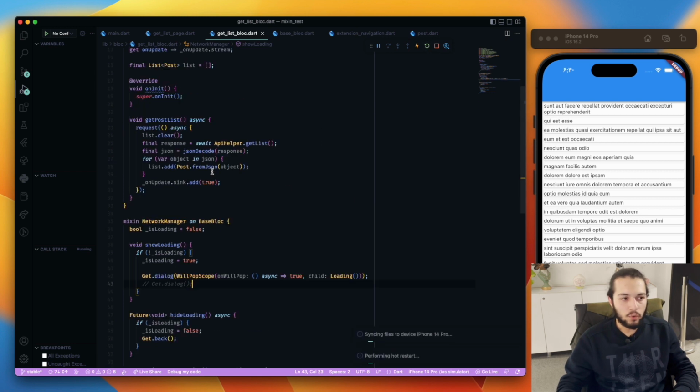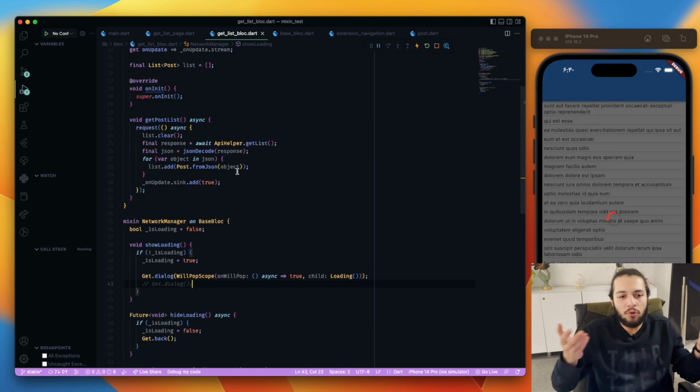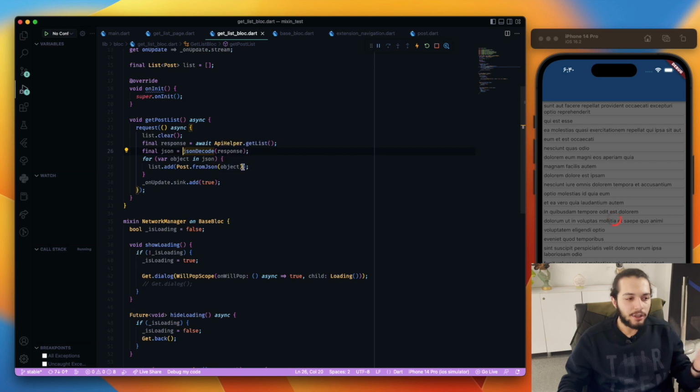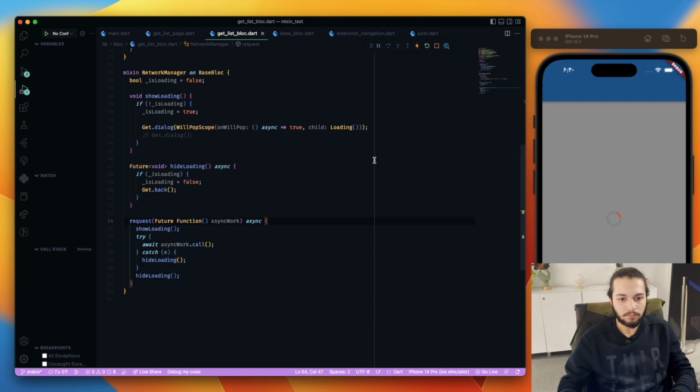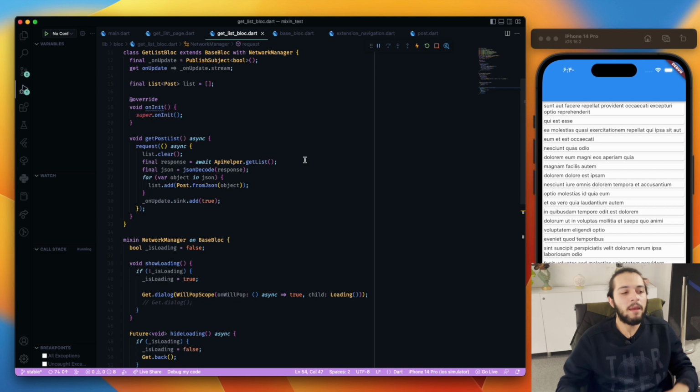And you don't need to add try catch in every request or hide loading or show loading. I need to paste it again. Okay, it works. It's an idea, but the Mixin idea, I tried to explain the Mixin idea in this video,